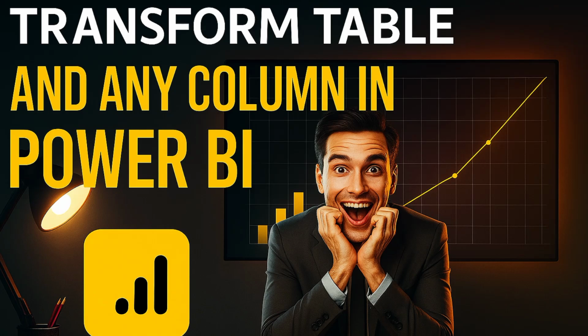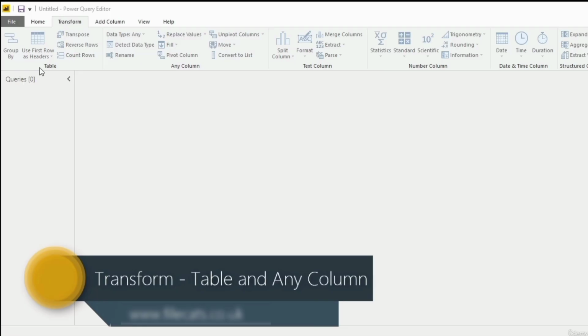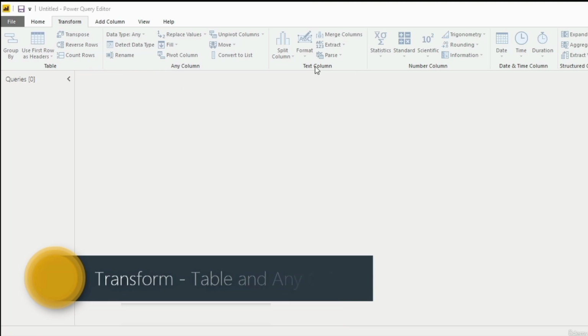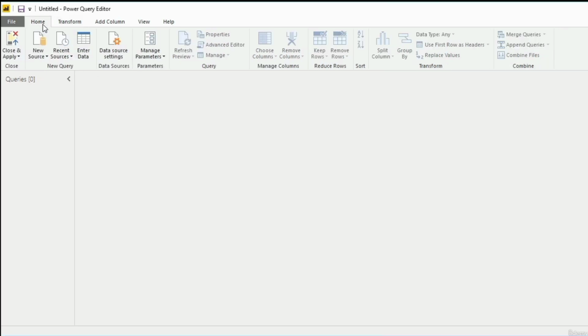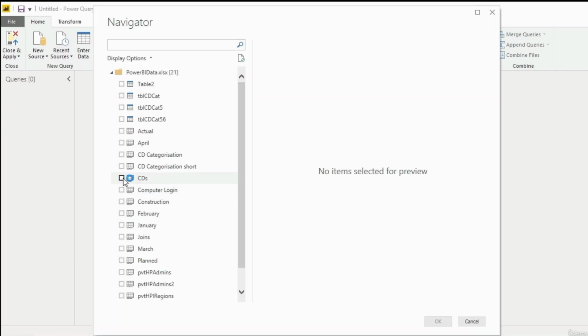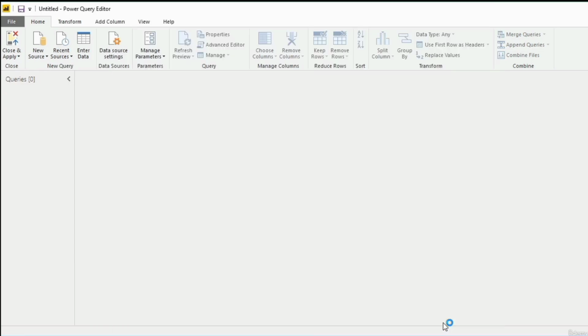In this section, we're going to have a look at the transform menu, and specifically tables, any column, text column, and number column. There'll be some revision in this, partly because there's a revision in here already. A lot of this is in the home menu that we had a look at in the previous few videos. So I'm just going to load, just for this video, the CDs, and just have a look around at the